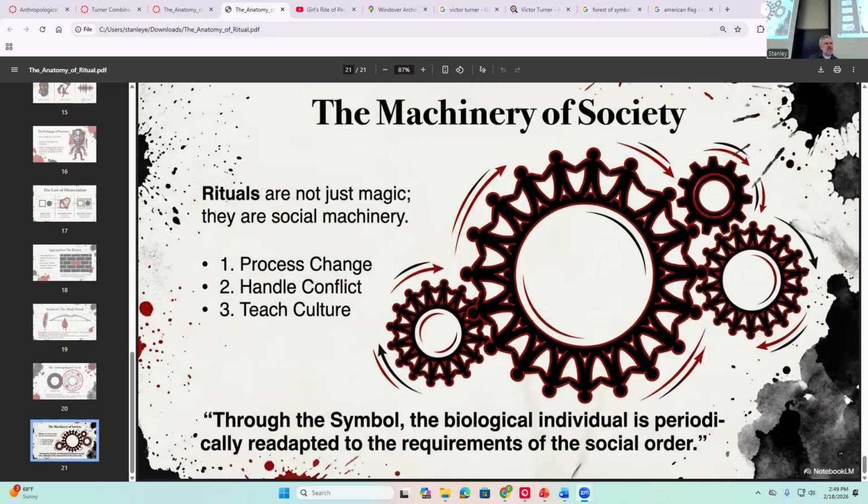Okay. Any questions about ritual and symbolism, Victor Turner? Feel good about this? Feel like you understand? In many ways, this is a synthesis of, and especially we'll talk about Mary Douglas next time as well, this synthesis of post-war British anthropology, moving beyond just how does this thing function, especially from a colonial perspective, how does the new era function so we can colonize them, to this more symbolic understanding of how culture works to maintain itself, but also to pass these truths on to the next generation of society.